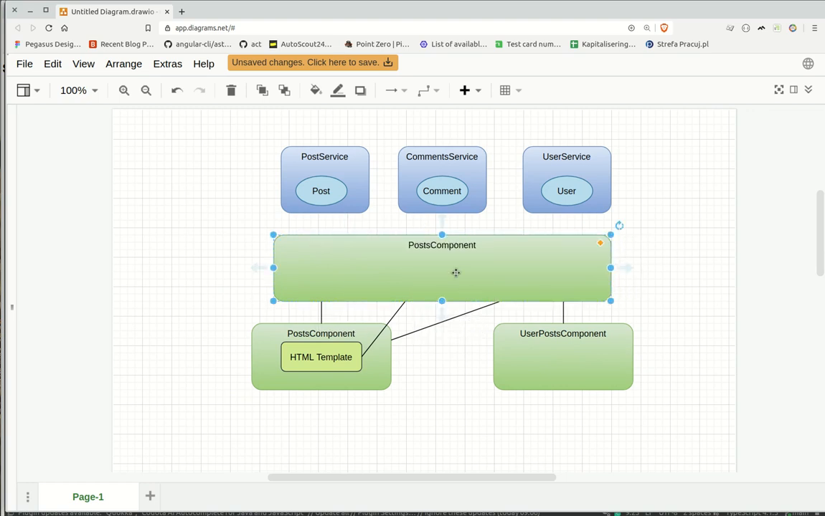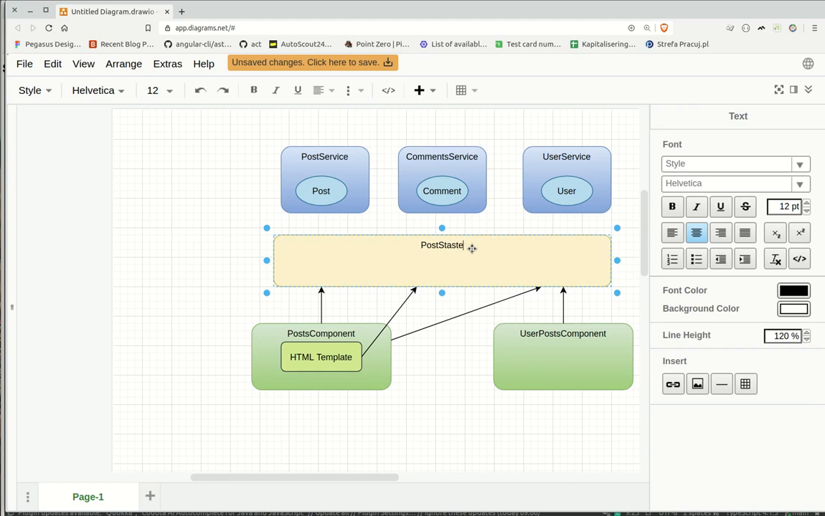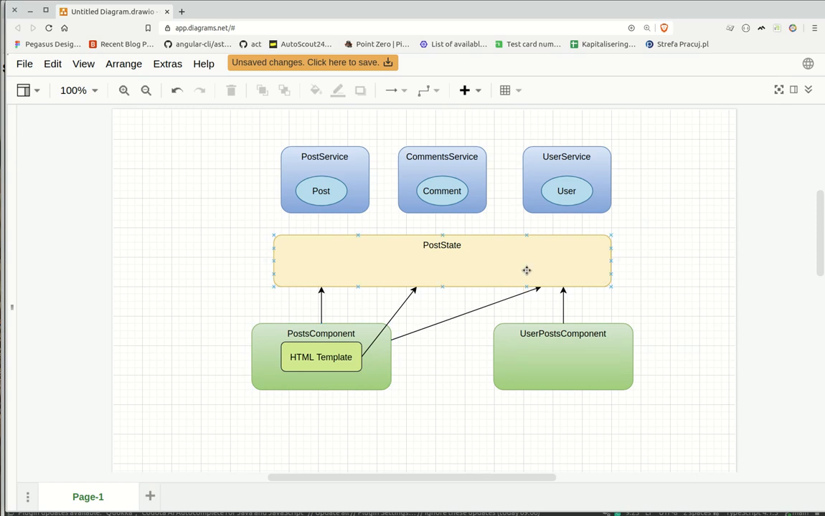I can style it just in a second. Let's just make it a nice yellow, which represents an application. And then we're gonna call it post state. So when we have a post state, the post state might know about the rest of the thing. It will know about that service, because everything is centered around it. It will know about this service, and then it will know about this service. And then that is the logic that will determine,